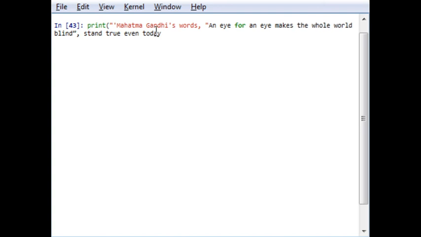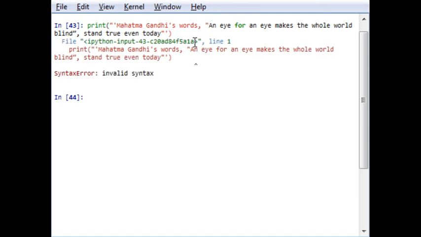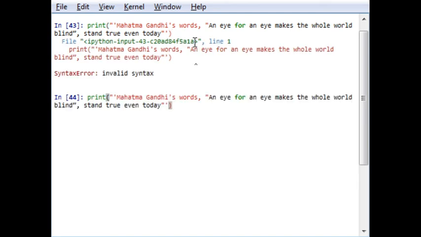And now here I have to close this double inverted comma and my single inverted comma, and this has to be closed. There is some typo error. Let's see how it is going to work. I'm sure it is going to generate an error. Let me write it again.